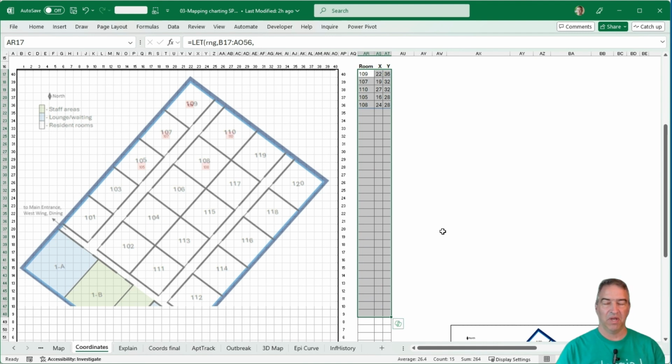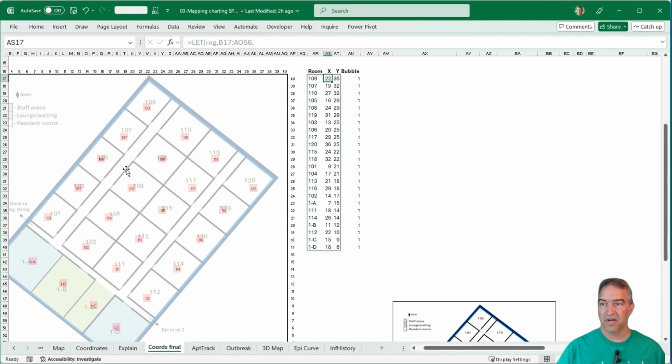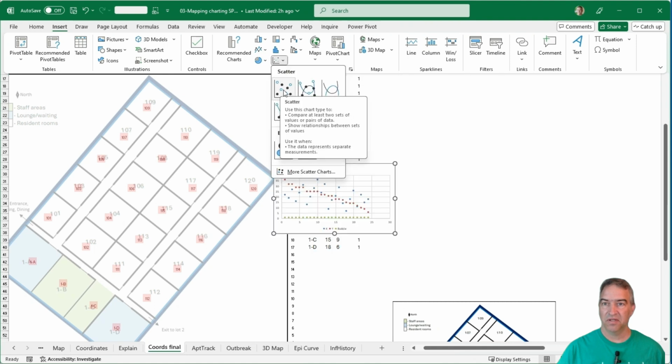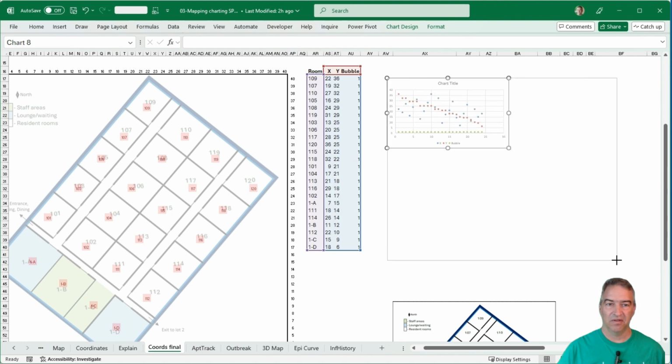We're going to paste that so we can combine it with our actual data that we want to show on the chart. But before we do that, we want to just make sure that we got the numbers right. What I've done here is I have a copy of that sheet where I just have typed in numbers or values behind each of the room numbers in my grid. And I'm going to add an XY scatter chart here, and then we'll make sure that the coordinates look good. So go to charts, insert, scatter,